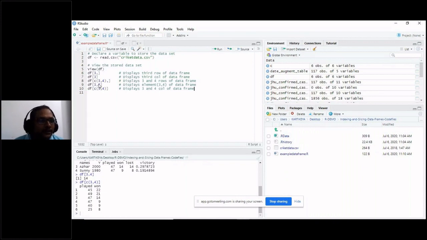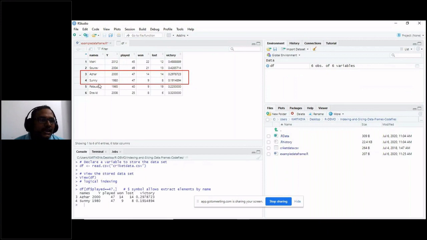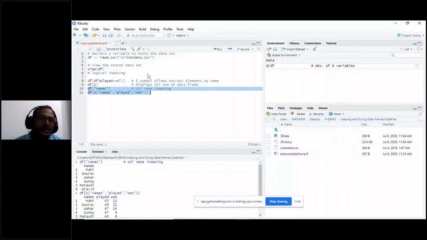Now, if I want to display these data frames using column names or header names, say for example, if I want to display only the names column, you have to write df square brackets and use the column name. Then it will display that particular column. By name, we are recalling the data frame.